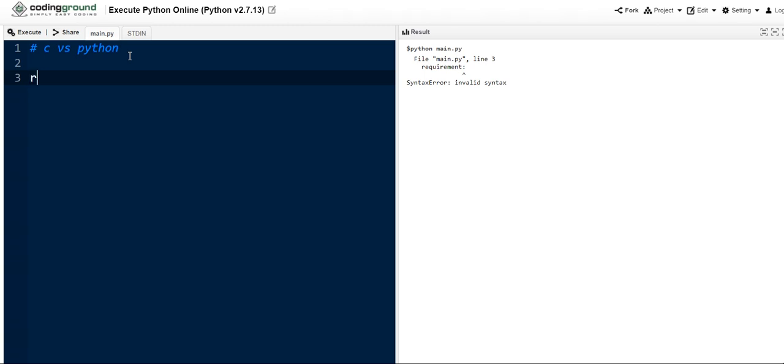Based on our requirement we need to write the programs in both C and Python. Here my requirement is to display name, qualification and your college name on the output screen.